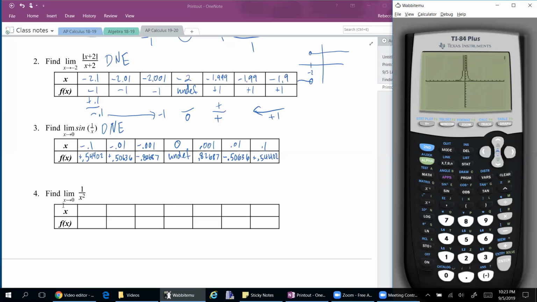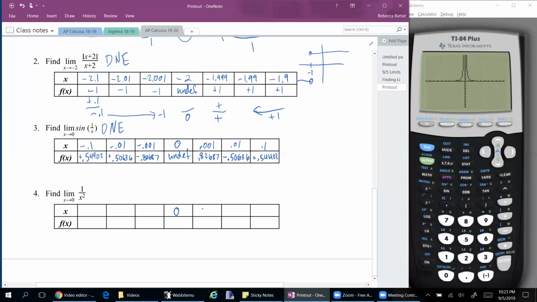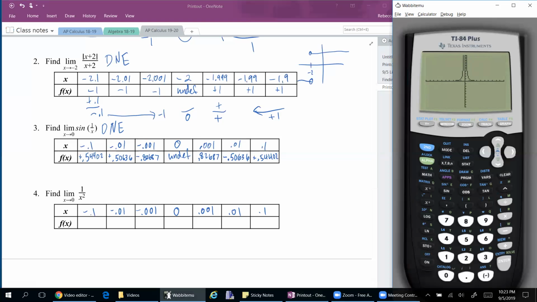So we're looking as x approaches 0, just like we did in the previous one. So I'm going to copy those numbers in. And if we plug in our numbers now, trace, negative 0.1,